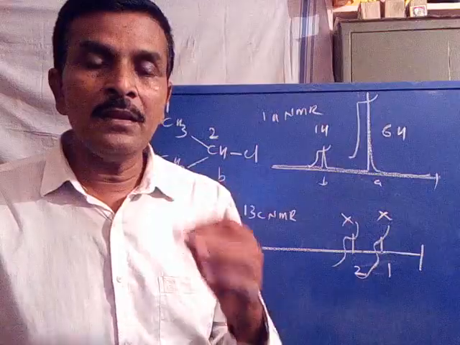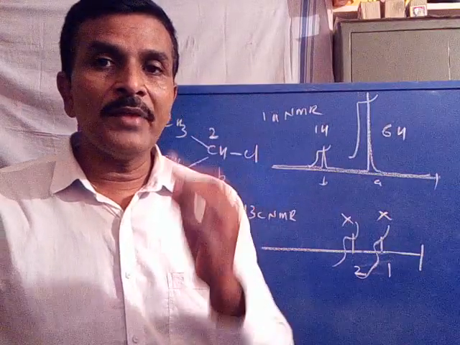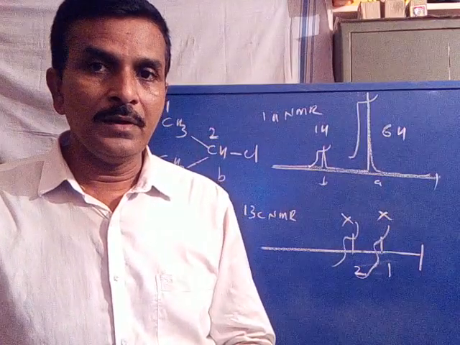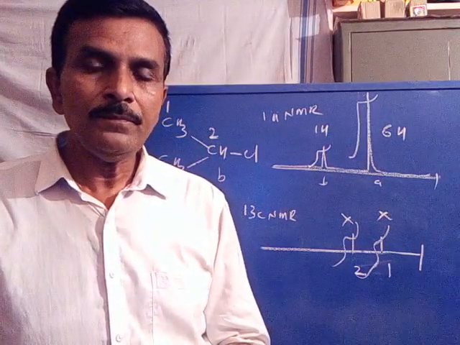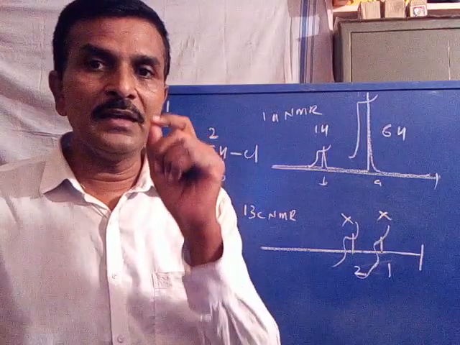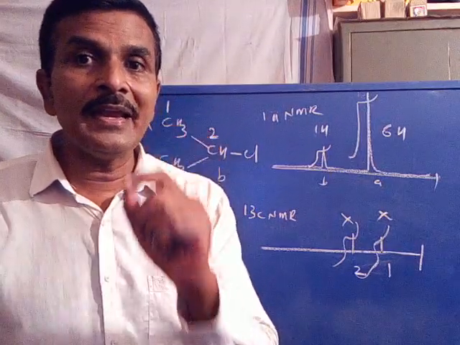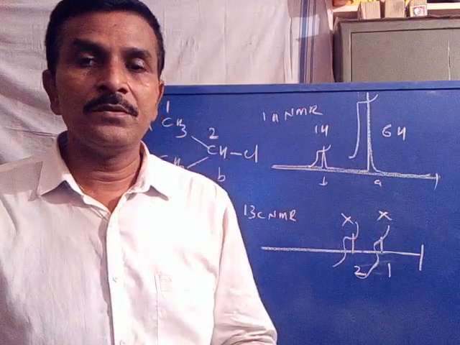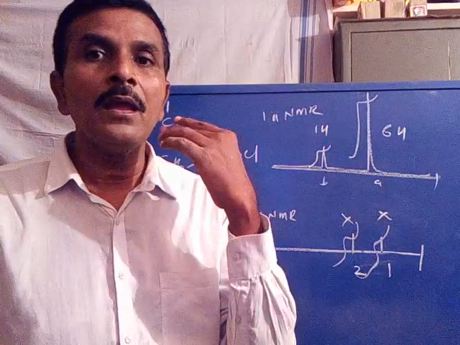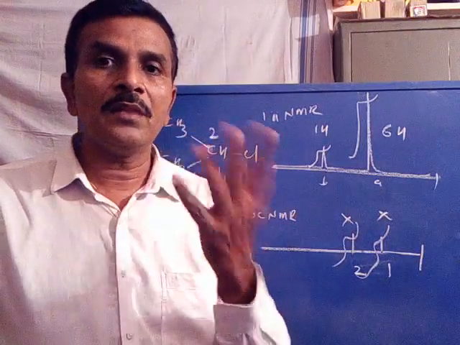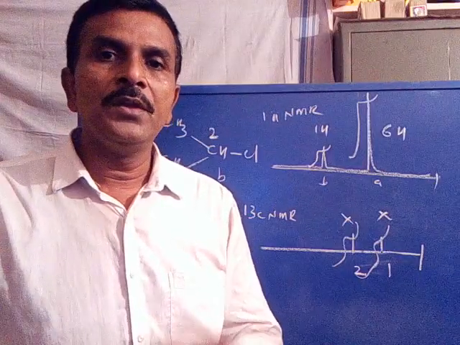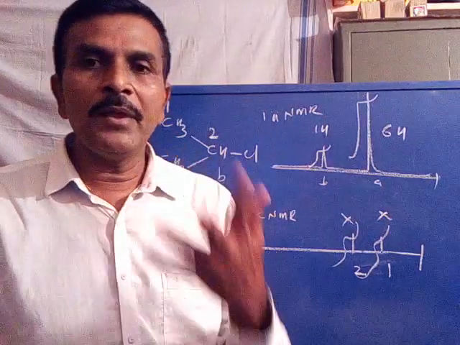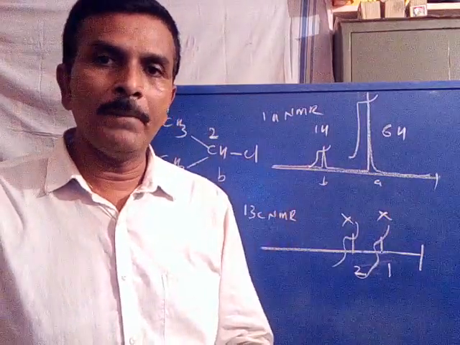A signal with a dark line indicates there are more than one equivalent carbons. Still, we cannot say 2 carbons or 4 carbons or 6 carbons or n number of carbons. The dark line just indicates a set with more than one equivalent carbon. It may be 2 or 6 or n number. For example,